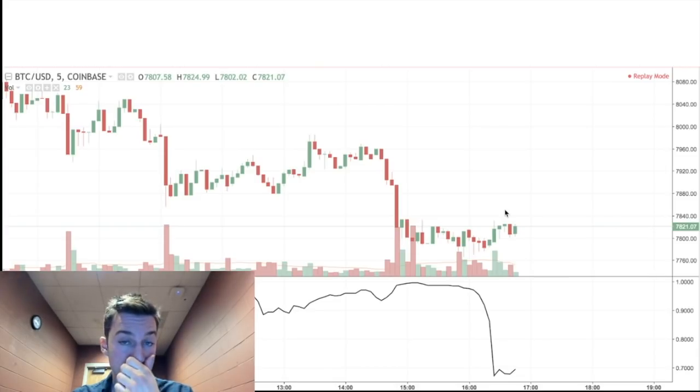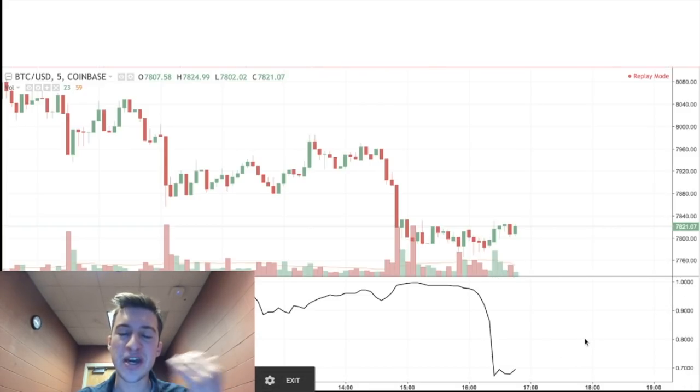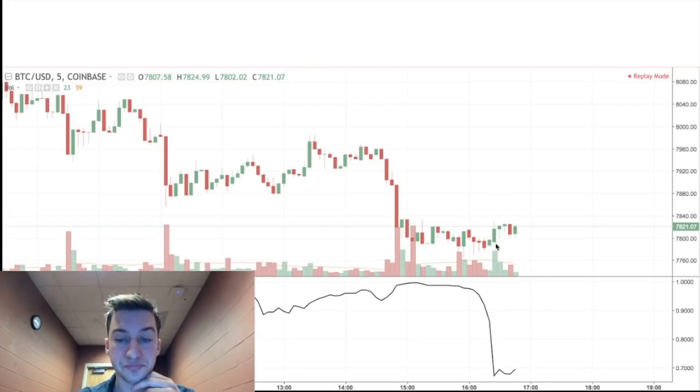And again, the correlation coefficient does not say whether the price is down or up. I'm going to be showing you guys a different tool to gauge what is happening there. It just shows you the correlation. It doesn't show you if price has gone up or down. So you'd actually need to look at the Bitfinex price and see if it went up or down. Bitfinex went up. Correlation coefficient goes down naturally because Coinbase did not go up as well.